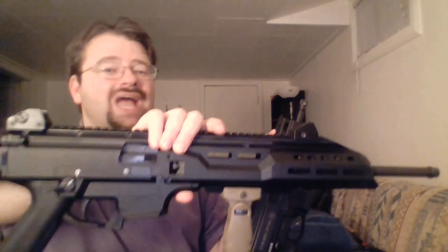But when your competition can go literally 5,000 rounds without a single malfunction, that is not good. That is not good at all. You're not really competing at that point. There's a lot of things that the Stribog has going for it that are good. It is a much more svelte design. The ergonomics are much more AR-like, so a lot of people in the American market are going to like it. I personally am not a huge fan of the AR controls, but they're not bad. They're very functional, and for most Americans, it's what we're used to. It's what we like. Lots of good things going on there,